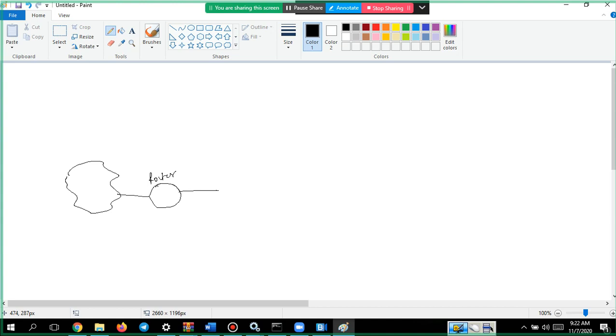From there, where will it go? It will go to the firewall, because a router is a device which doesn't even look into what the data is. It is a routing device, meaning it only checks whether the traffic reaching my organization belongs to me or not. It is not a security device, it is a routing device.